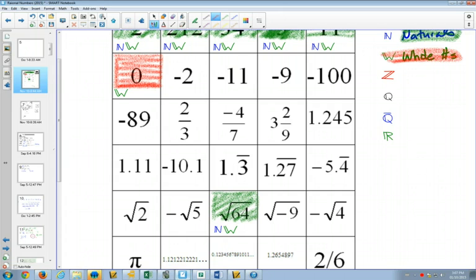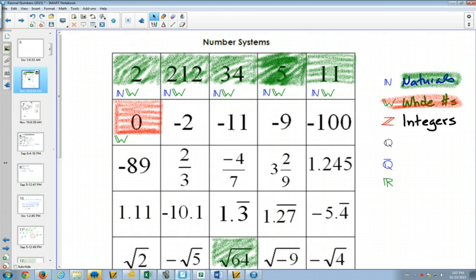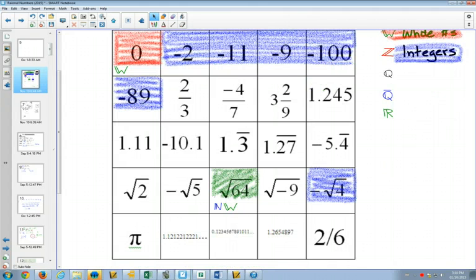After whole numbers are integers. When we go back to our notes, what are integers? Integers are positive and negative whole numbers. So what are the only new numbers that are getting added? The only new numbers that are added are negative whole numbers. So pick a new color. I'm going to go with blue. Pick a new color and color all of the negative whole numbers. Once you have colored those 6 as integers,